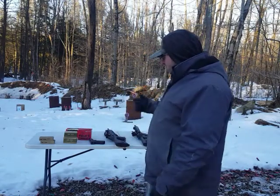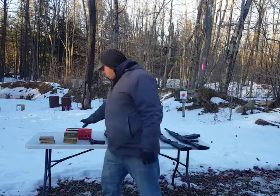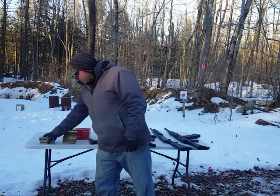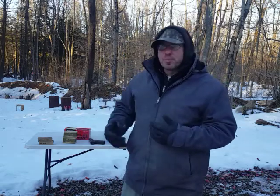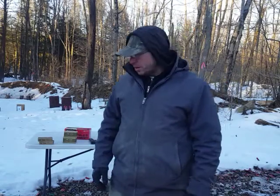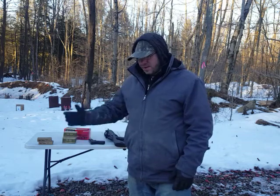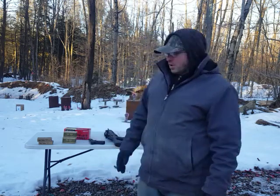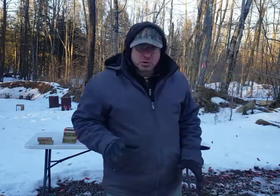ammunition. The ammunition is both heavier and more bulky, and it's way more of a pain for me to buy this stuff than it is to buy this stuff. This stuff is a lot easier for me to buy. Okay, I don't mean easier as far as finding it. I'm talking about easier as far as putting it in bags and just bringing it to where I need to bring it. Okay, moving the shotgun ammo around. A lot of times I have to go to different locations, and I'm bringing a few hundred rounds with me. This stuff's heavy. All right, so that's something to keep in mind as far as the shotgun, the ammunition side